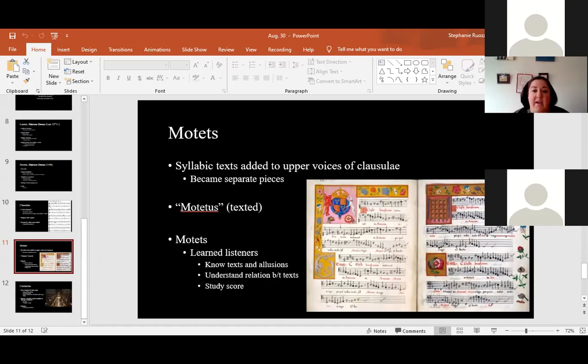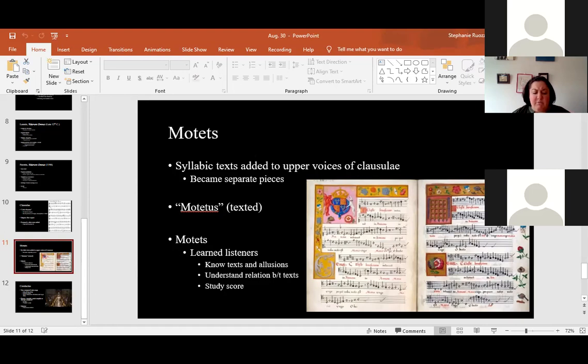So the clausulae were sections of larger monophonic chants. Like when we talked about the Mass Ordinary, when I have my Kyrie, Gloria, Sanctus, and all those longer chants, those would still all be monophonic. So one melody throughout. But composers in the late Middle Ages started getting creative with that pre-existing body of chant.